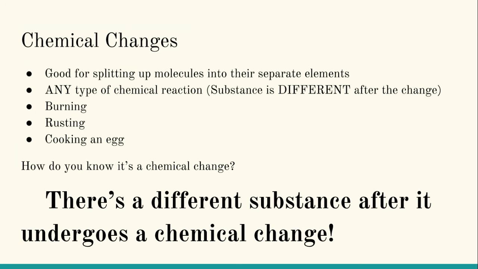Chemical changes, on the other hand, are any type of chemical reaction you could have, like burning or rusting or when you cook an egg. This involves a different substance that you end up with than what you started with. So this is good for splitting up molecules into their separate elements. You can break those chemical bonds and they can be rearranged and you end up with